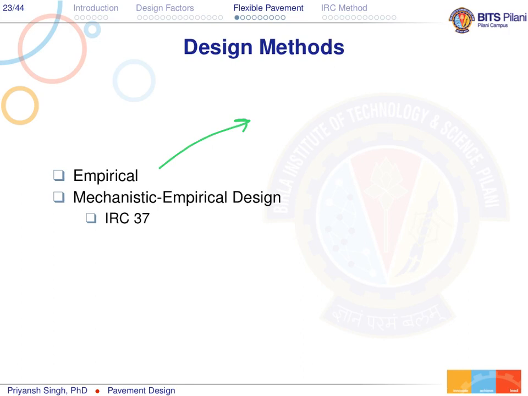In this course, we are only going to see one methodology to design a flexible pavement. There are different methods to design, like the AASHTO method, which was a purely regression method till 1993. Later on, they revised it and made it a mechanistic empirical design. Our IRC 37 method is mechanistic empirical. There are methods coming from the Asphalt Institute and from Australian agencies to design flexible pavement. But in this course, we are only going to see the IRC 37 method of designing flexible pavement.